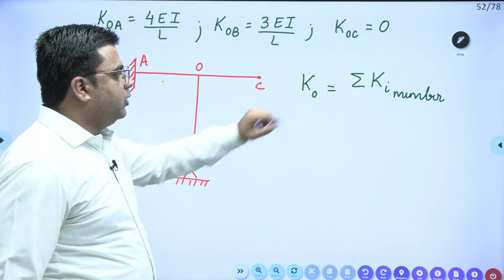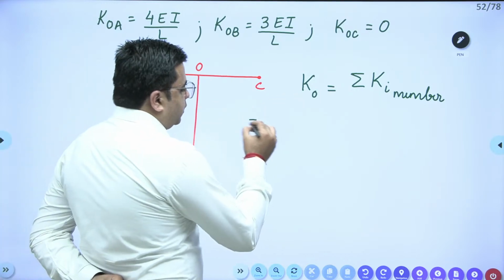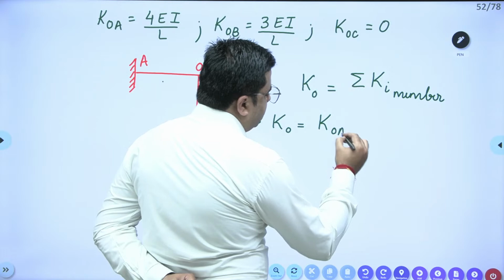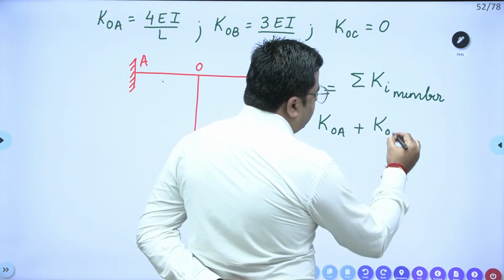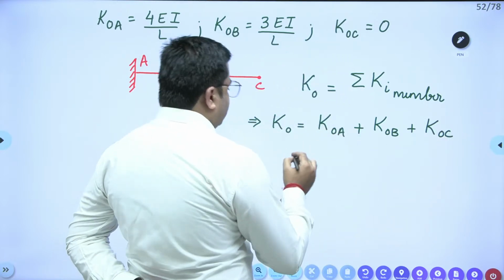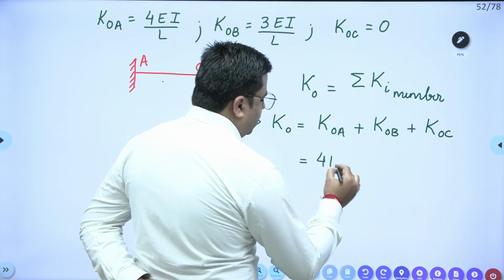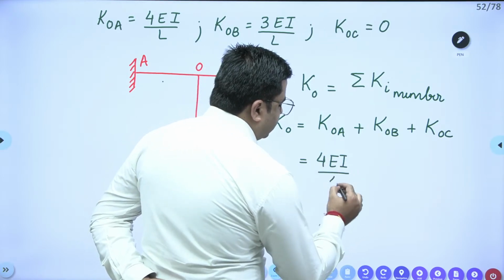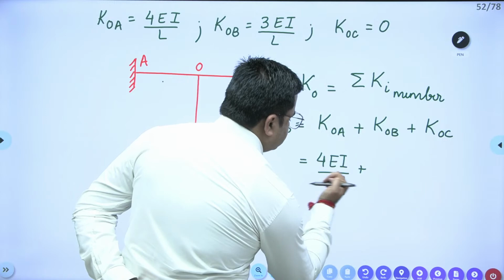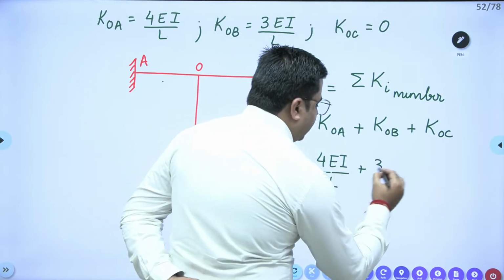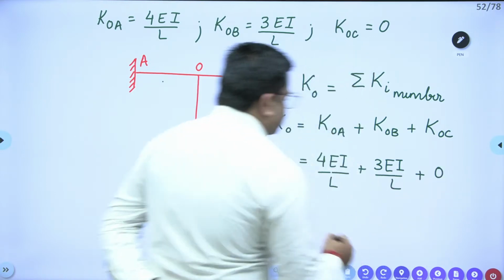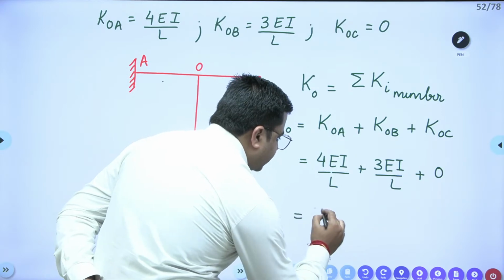So if I want to know about the stiffness of the joint O, the stiffness of the joint O is equal to stiffness of the member OA plus stiffness of the member OB plus stiffness of the member OC. The stiffness of the member OA is equal to 4 EI by L. The stiffness of the member OB is equal to 3 EI by L. And for OC it is 0. So the total stiffness comes out to be 7 EI by L